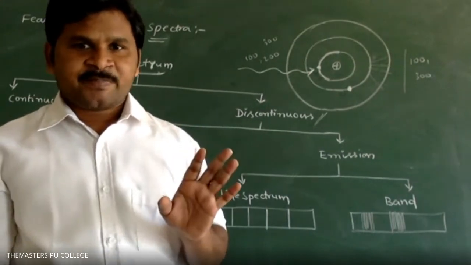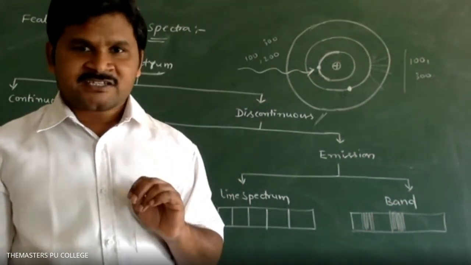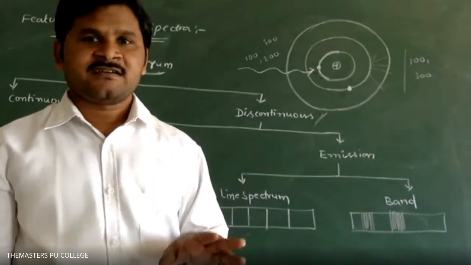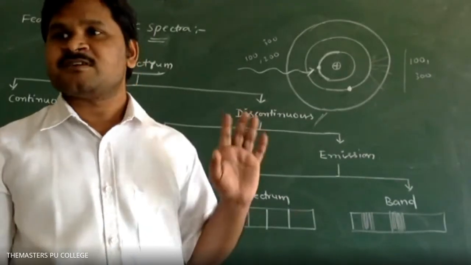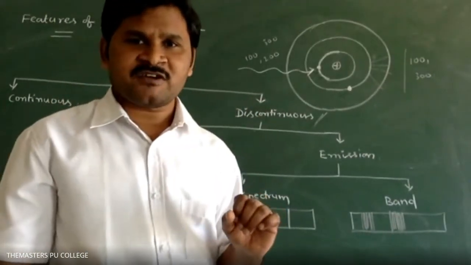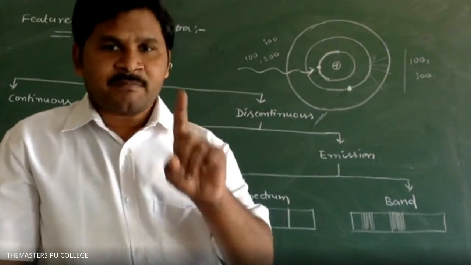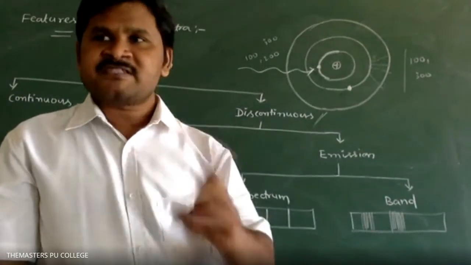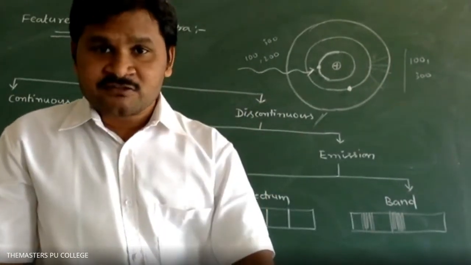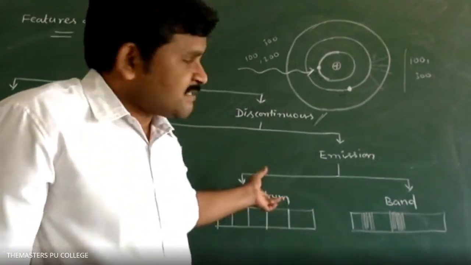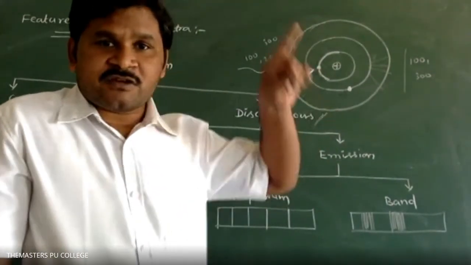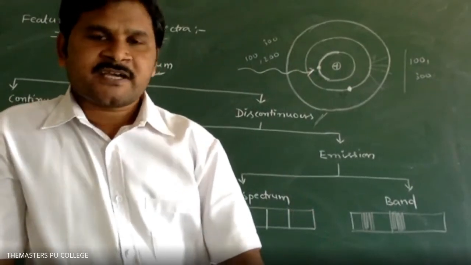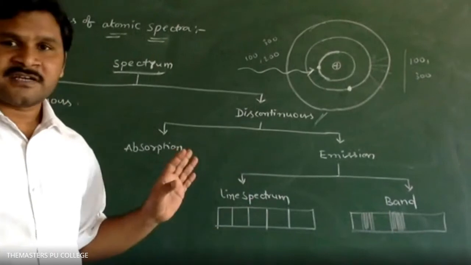UV light is part of electromagnetic radiation only. Next, IR spectroscopy is also possible. Next, photospectroscopy is also possible. These are the different types of spectroscopy we talk about: NMR spectroscopy, mass spectroscopy, UV spectroscopy, IR spectroscopy, visible spectroscopy. All are with respect to graphs only. Based on those graphs we can say. So this is about types of spectrum.